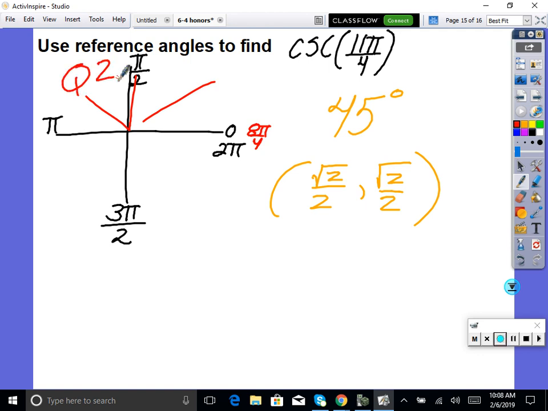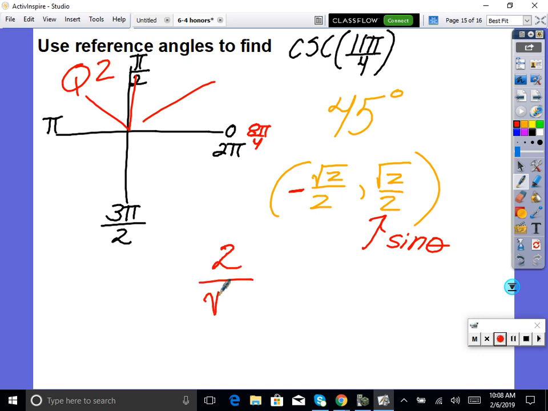But there's so many ways to do that. That's not the only way. Couldn't you find a coterminal angle by subtracting 2 pi, everybody? But that's just how I did it. So quadrant 2 has negative x, positive y. So then the cosecant is the reciprocal of sine. Cosine's x, sine is y. There's our sine. So our cosecant would be,